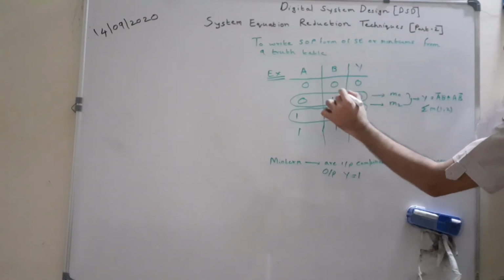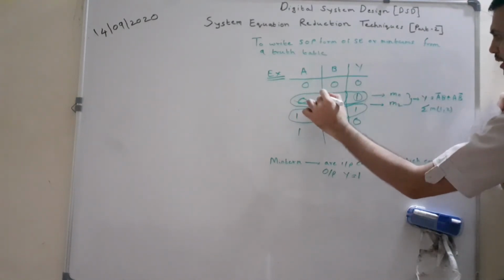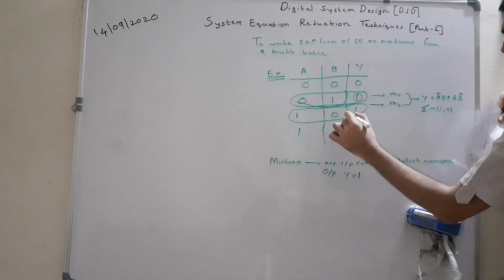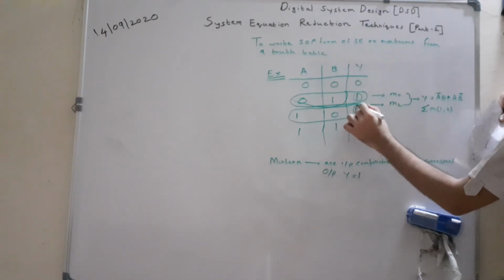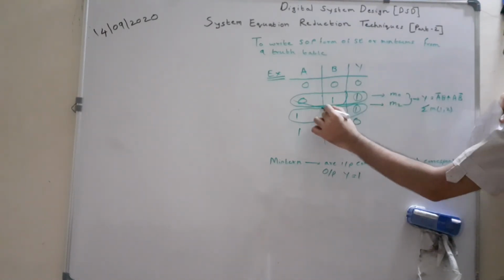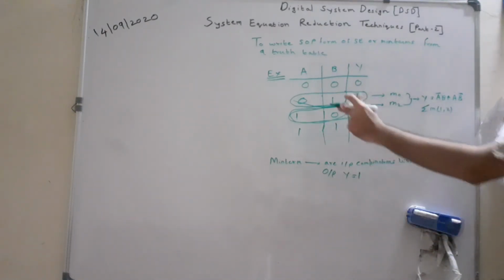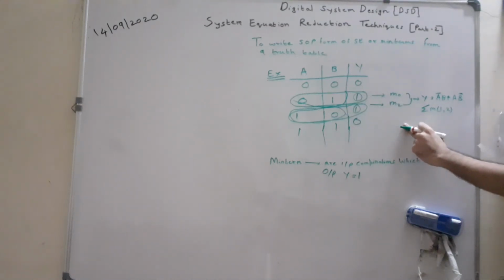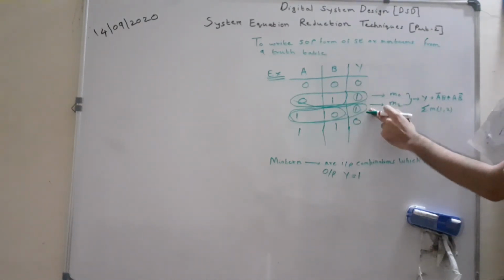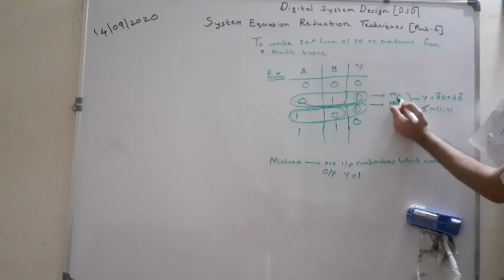So the input combination corresponding to this will be min term number 1 for this particular truth table. And again you can see there is output level 1 corresponding to input 1, 0, in the next row of the truth table. So these two, that is 0, 1 and 1, 0, are min terms from the given truth table because those are the terms whose output corresponds to 1. So we can write this is min term 1 and this is min term 2.